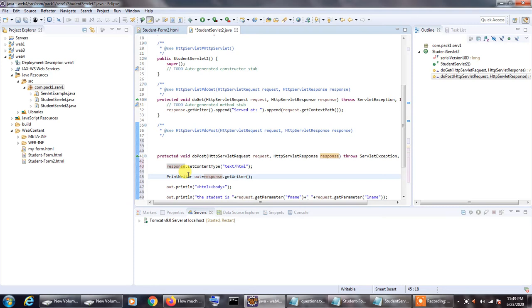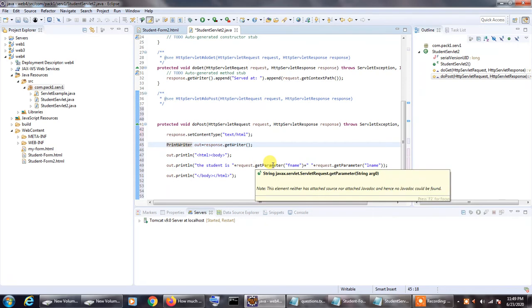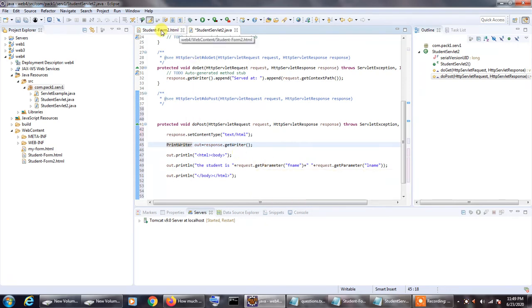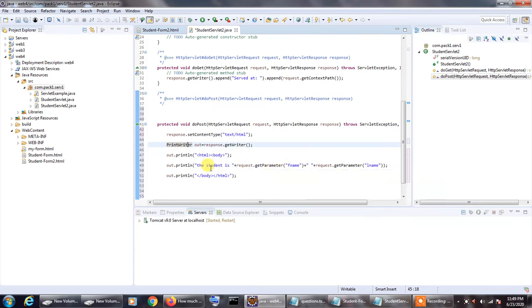In the next line we are creating the PrintWriter object out, and by using the out object of the PrintWriter class we'll be generating our HTML code in the file. And here we retrieve the name of the student from the HTML form by using the request.getParameter method, and we print it using our out.println statement.